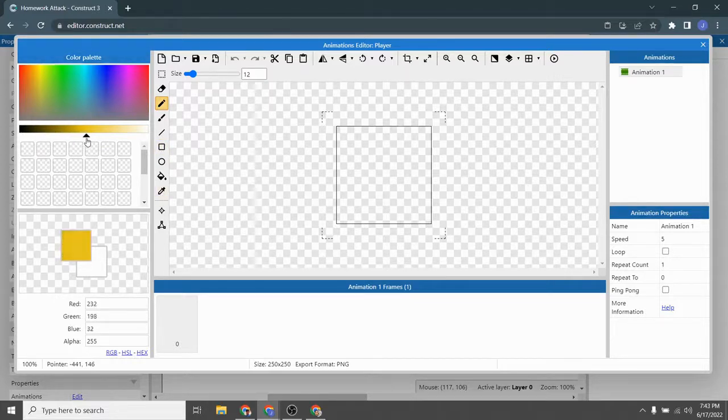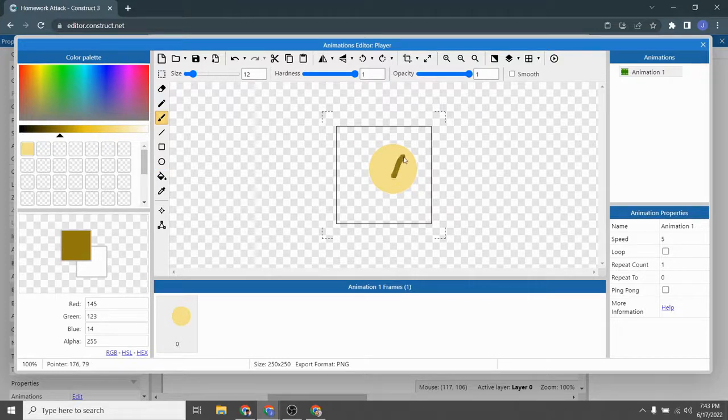I'm going to start off with kind of a brownish skin tone. And by the way, I am not a professional artist, so my work might not be the best. I'm okay with that. But I'm going to go ahead and just make a little circle right here for my character. And I do like that color. If I want to save that color for later, what I can do is right click on one of these squares and say save the primary color, and that'll stay right there in case I want to reference that later. I'm going to go darker into the browns to get a hair,